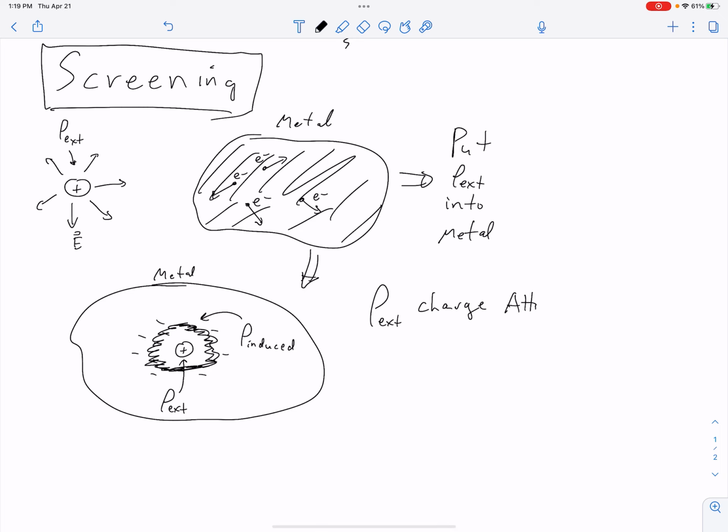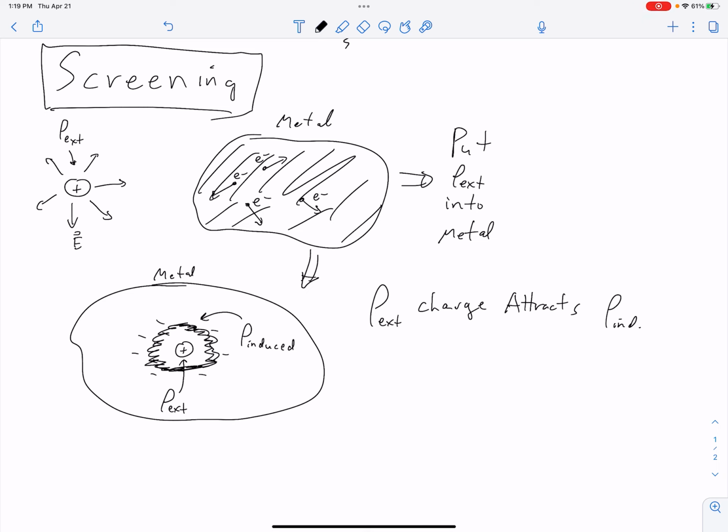External charge attracts induced charge. And I think that's very intuitive and logical because it's positive and the charge in the metal is negative, so I get some induced charge. But now if I'm out here,